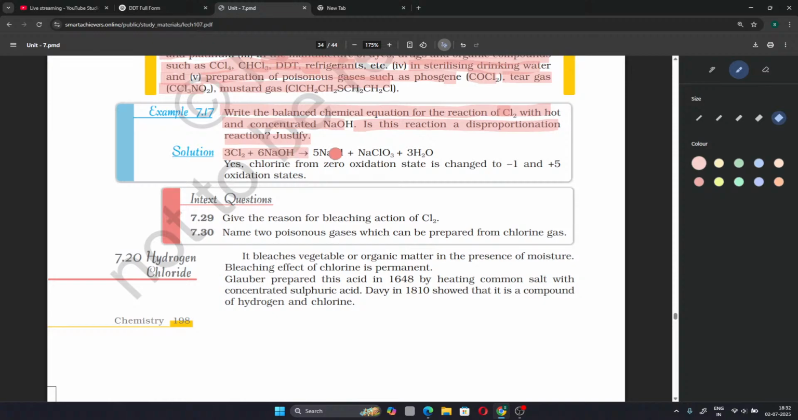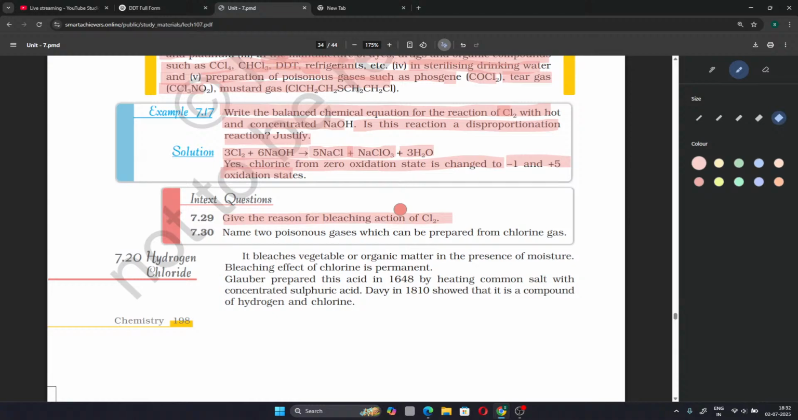Cl2 plus 6NaOH gives 5NaCl, NaClO3 and 3H2O. Chlorine from 0 oxidation state is changed to -1 and +5 oxidation states. Give the reason for bleaching action of Cl2. When we leave chlorine in still water, it loses its yellow color because of formation of hydrochloric acid